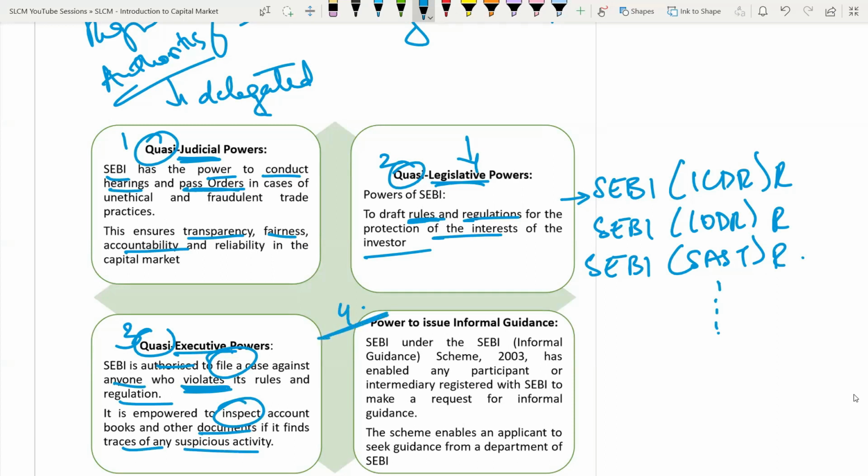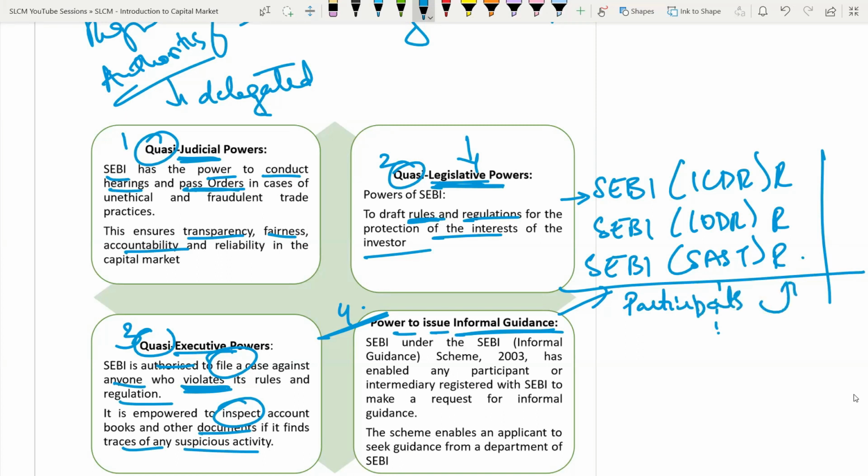And the fourth power is slightly different from the other powers, where SEBI has the power to issue informal guidance. What is informal guidance? Now, SEBI has passed multiple rules and regulations using the legislative power. Now, people who have to implement these rules and regulations, various participants who are required to follow them, will have some kind of doubt with respect to interpreting the provisions of law. What a particular rule or regulation of SEBI says, they are not able to understand how to interpret that particular